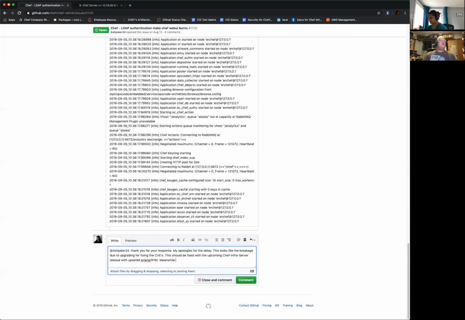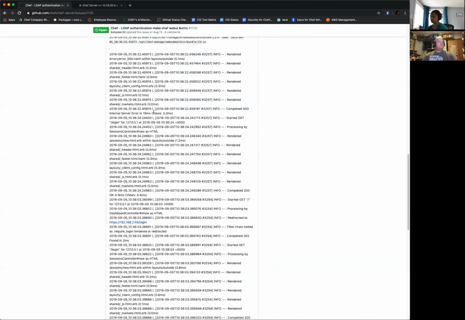Yeah, if I had known it was going to be so long before we got to R19, I would have probably tried to figure out a better workaround sooner. But given that R19 is so close, it is really close now. Yes. Meanwhile, this should not be on the 12.17, right? This is 18, right?